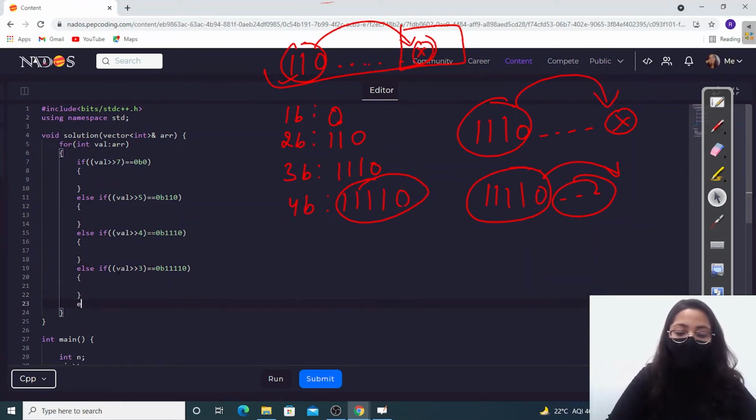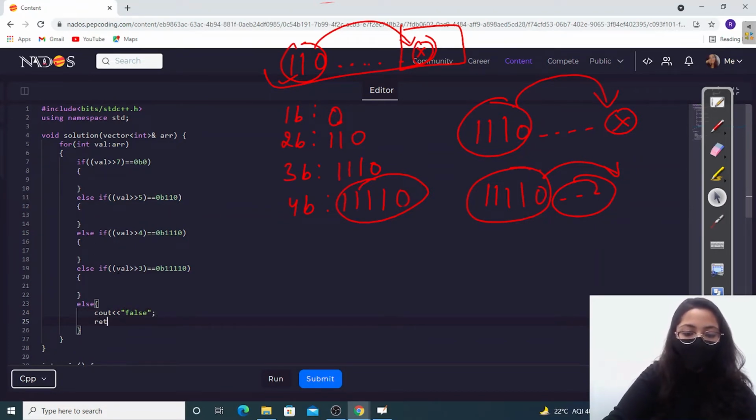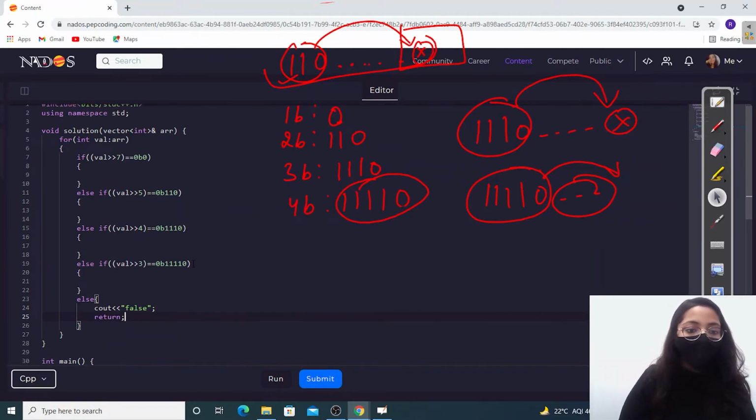And if it is not either of these, that means it is wrong. So I will simply give cout false and I will return from here. Okay. Now see,